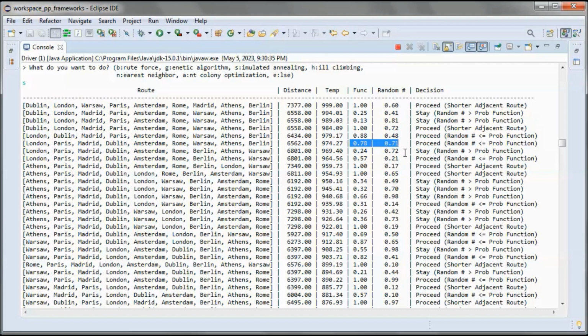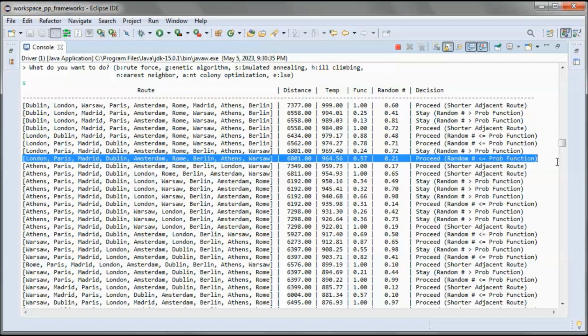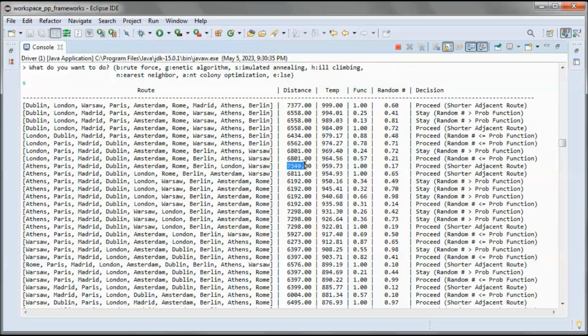And here we stay, since the random number is bigger than the probability function and the adjacent route has longer distance. So now we are the same here, and we check the adjacent route and it has a bigger distance, but we still proceed since the random number is smaller or equal to the probability function, etc.